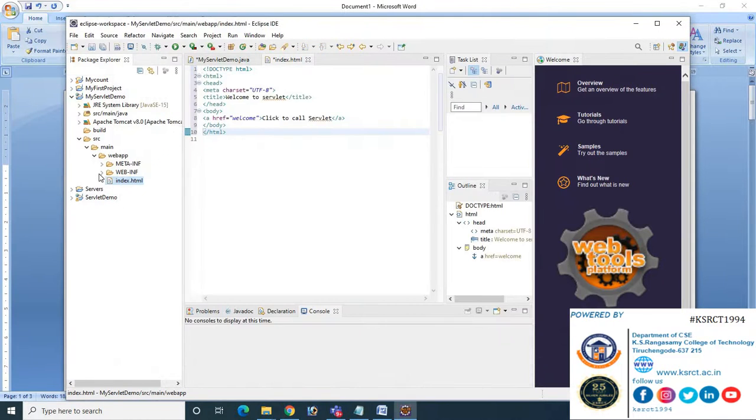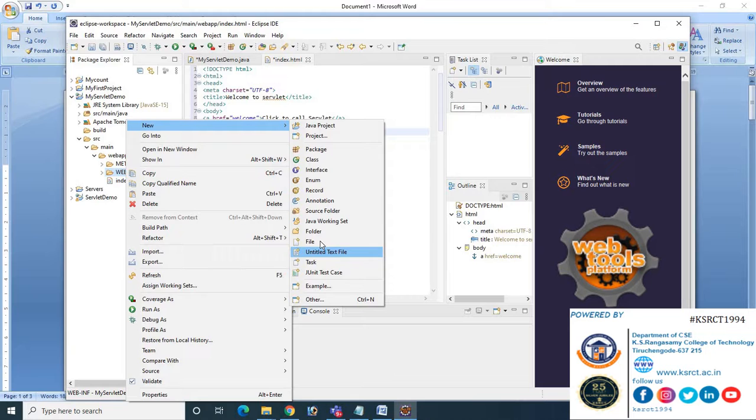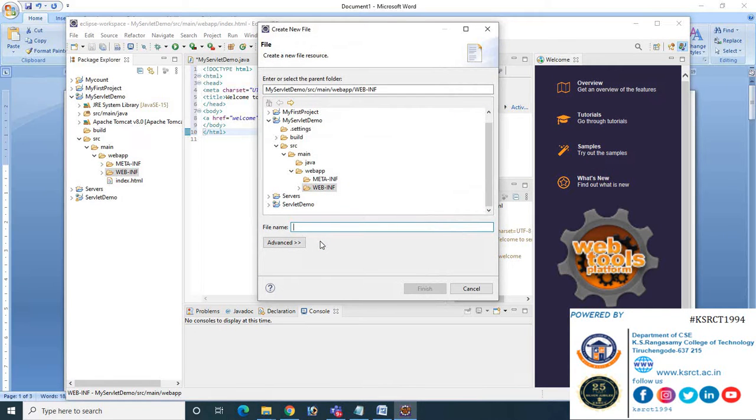The XML file can be created by right clicking the web-inf folder. Right click the web-inf and get into new, again file. Let us give the file name as web.xml.